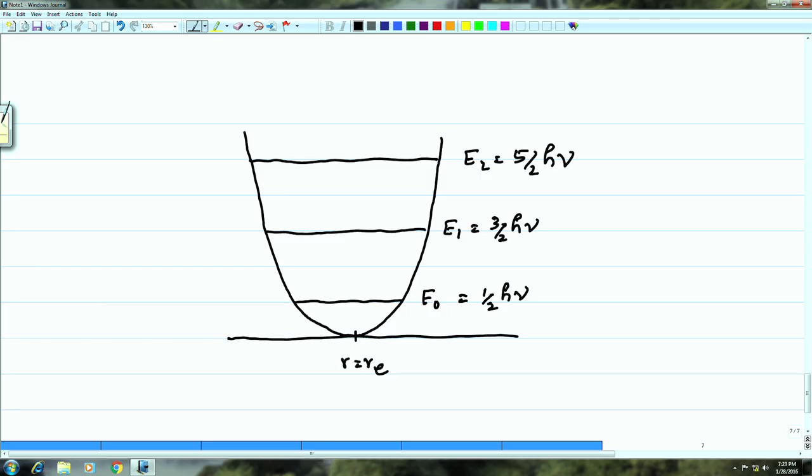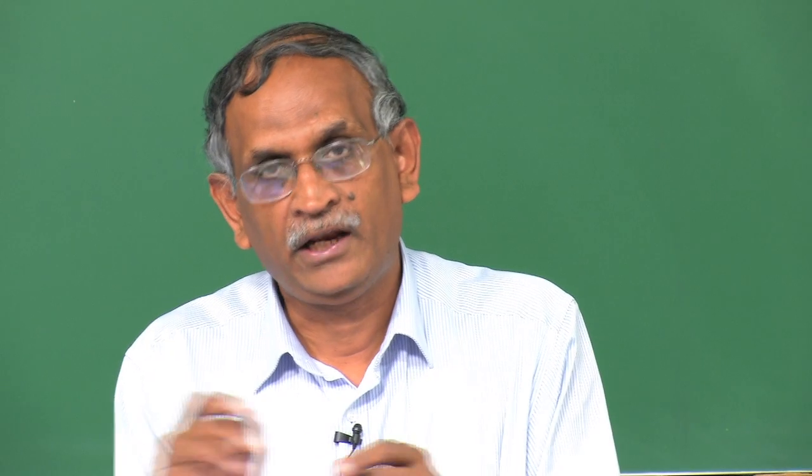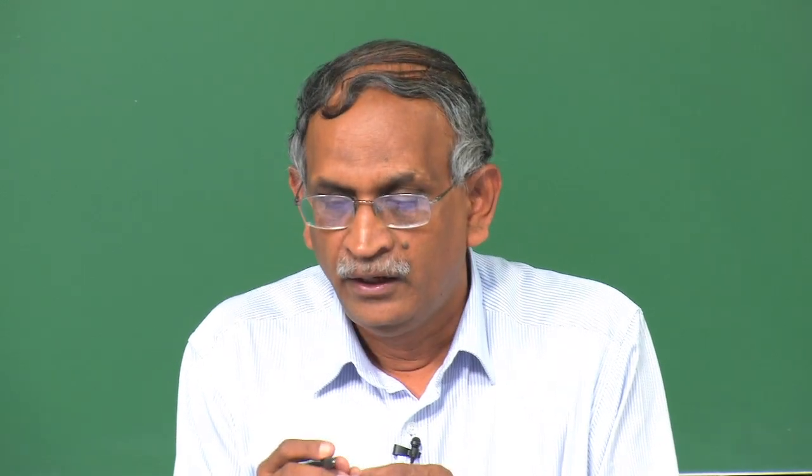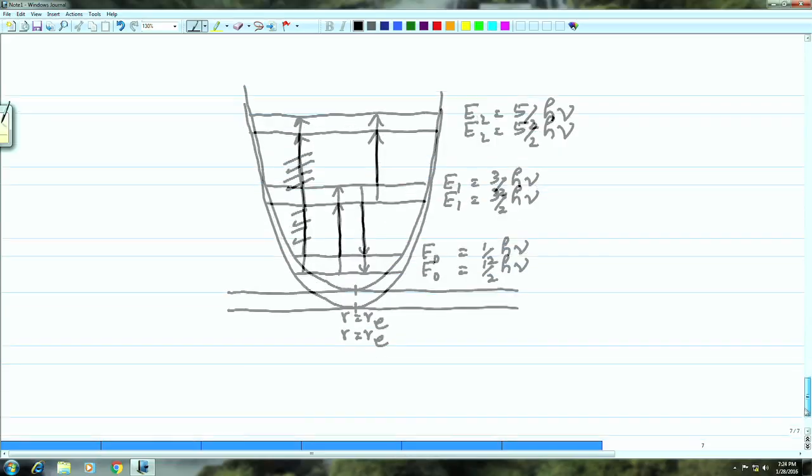In the harmonic oscillator model that we have, the vibrational transitions that we can see are only transitions corresponding to the nearby energy levels. You will not be able to see a transition from 0 to 2 in the harmonic oscillator model. This is not allowed. This is not seen. The reason is that the dipole moment is a linear function of the displacement R itself, and it is the electric dipole moment which interacts with the electric field, and therefore the intensity is given by